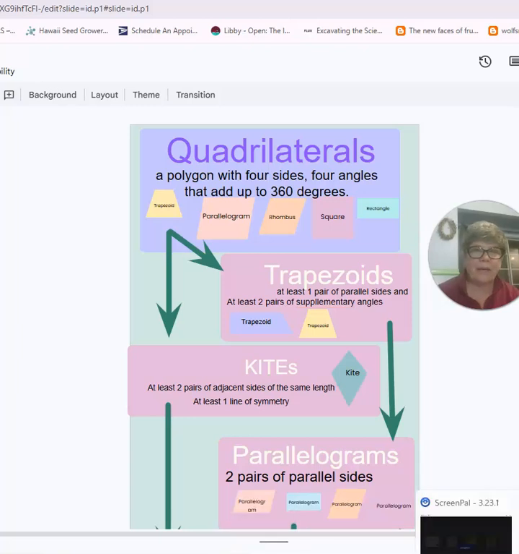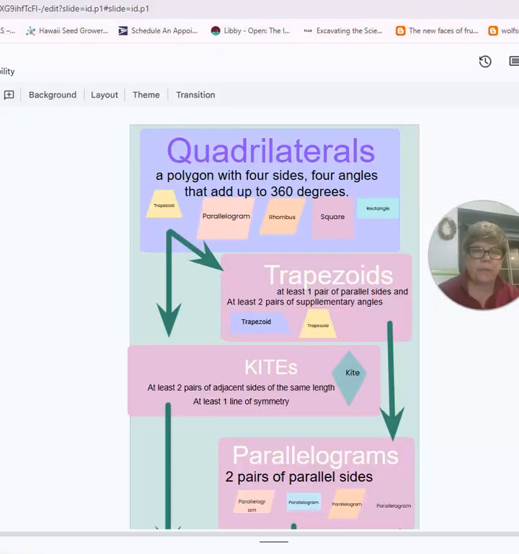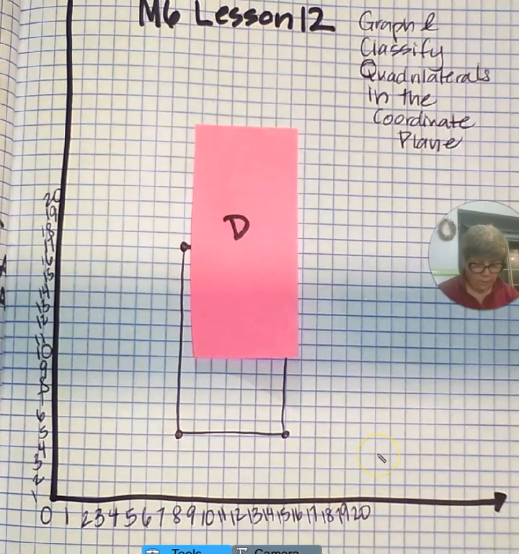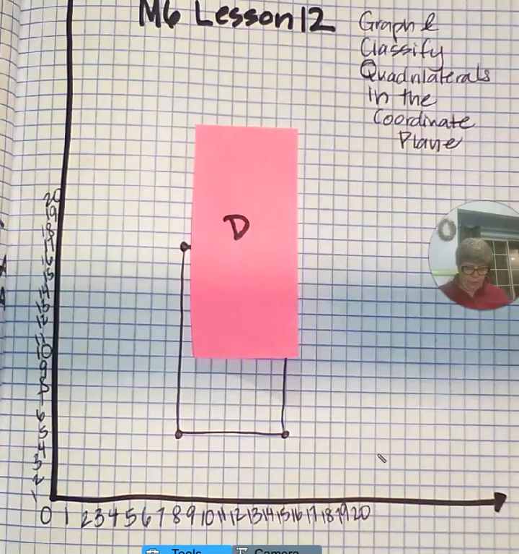Okay, let's go back. Sorry. Let me go back to, there we go. All right, and like I said before, we're going to solve this mystery at the end of Lesson 12. We're going to draw line segments, angles, and quadrilaterals on the coordinate plane, and we're going to use the coordinate plane to classify quadrilaterals in this lesson. But while we're still looking at this,